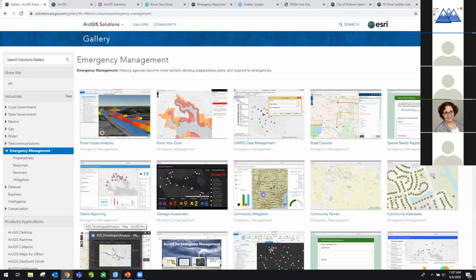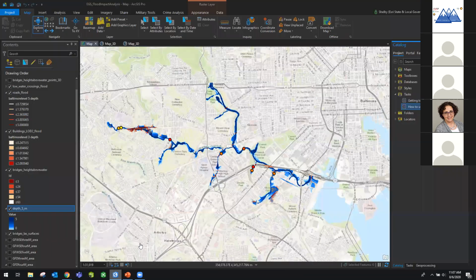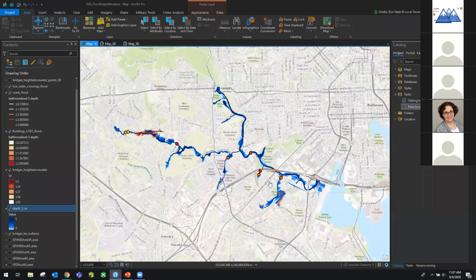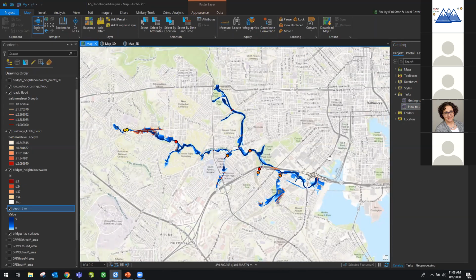I'm going to open up that Pro project that is the flood impact analysis now. Like I said, this is a project to help build out scenario-based impacts. So you could use the results of these analyses in mitigation plans or response plans or any type of hazard planning efforts. What's unique about this Pro project is it comes with 2 task groups. And if you can see my catalog pane on the right-hand side of my project, I can see the 2 task groups. And the first one is getting to know the solution,